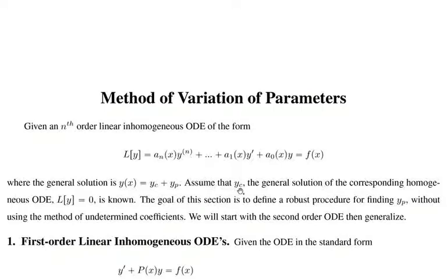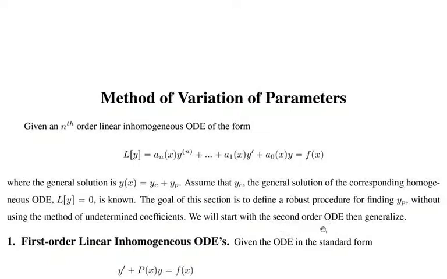already found the complementary solution, or if you want, the general solution of the corresponding homogeneous ODE, and the goal is to try to find the particular solution using some robust procedure that will always give us a particular solution irrespective of what this function f of x is, and we do not want to use the method of undetermined coefficients. So what we'll be doing is we're going to define this procedure, which is called the variation of parameters,